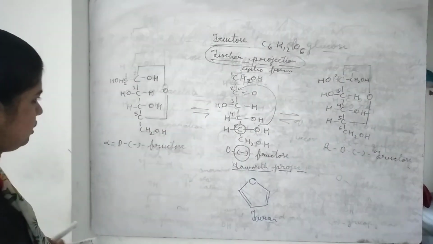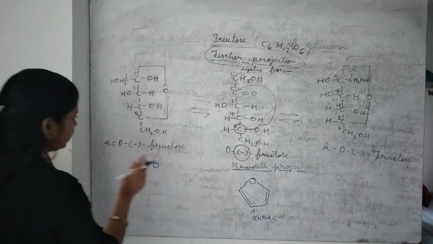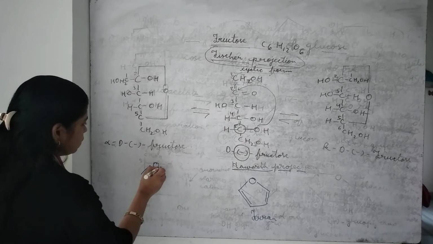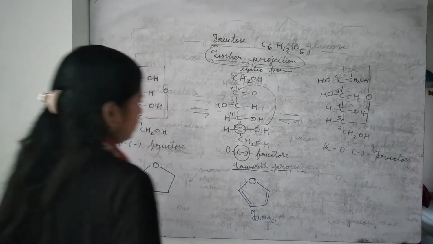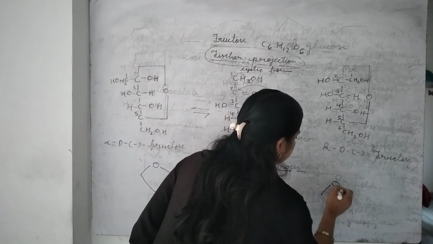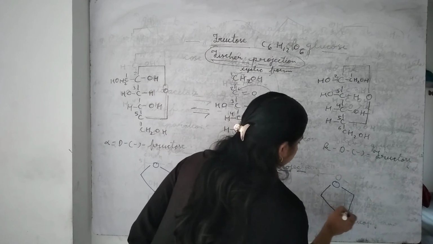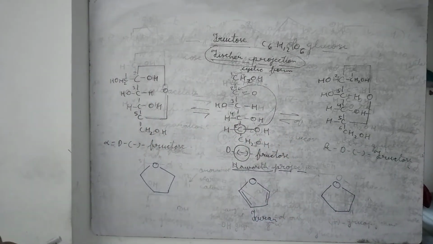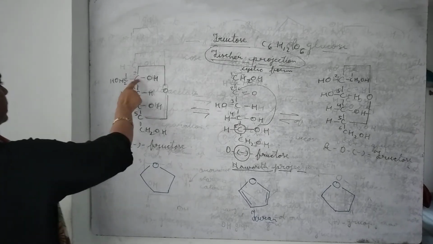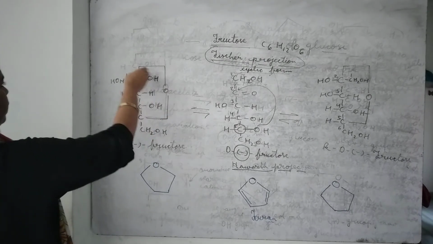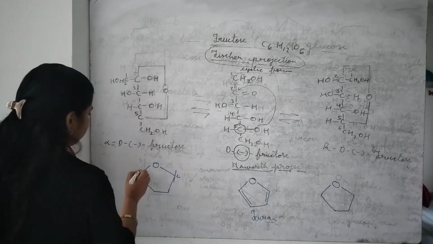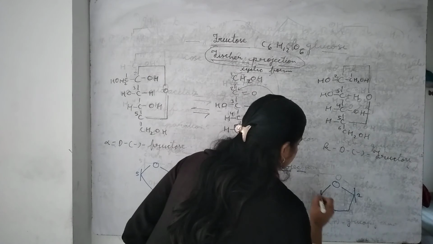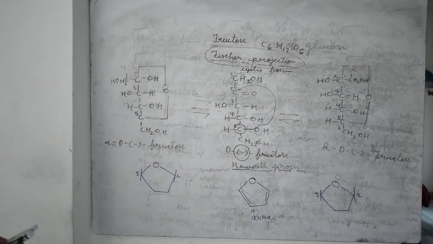Just try to understand it. Here there is oxygen, only the double bonds will not be there. It just resembles furan. In the beta form also, there will be 4 carbon atoms; 4 coordinates are there for 4 carbon atoms. Now just try to understand. Here oxygen is bonded to the second and fifth carbon atoms. So here it will be the second carbon atom and this is the fifth carbon atom. And here also this is the second carbon atom and this one is the fifth carbon atom.